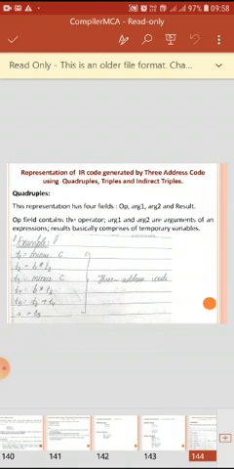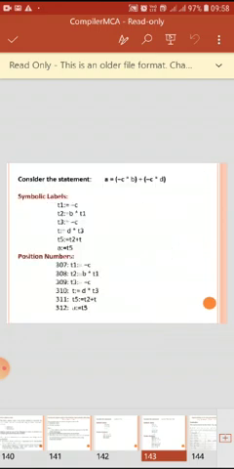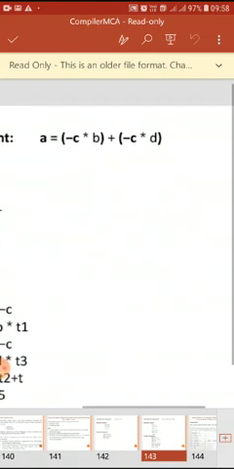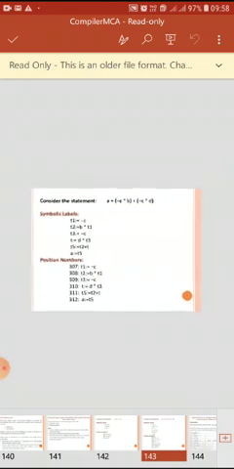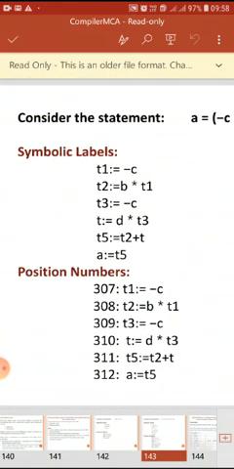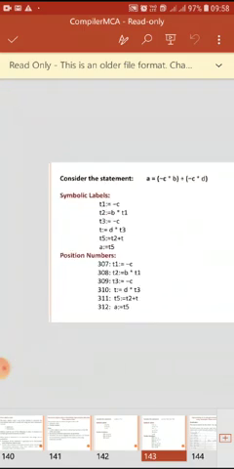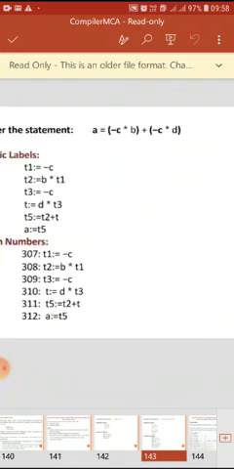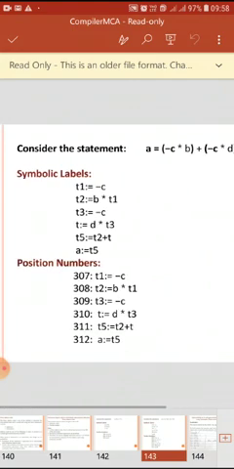Now, the same previous example I have taken. We can say that this is the expression. This expression has been converted into intermediate code using the symbolic level mechanism, that is, the three address code.